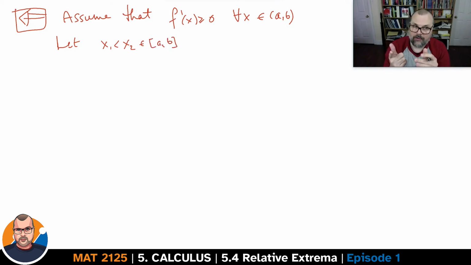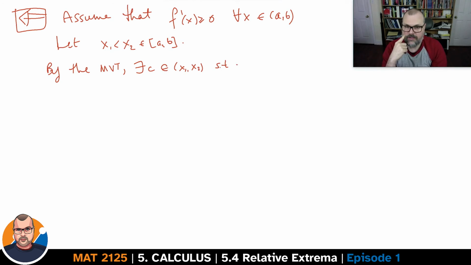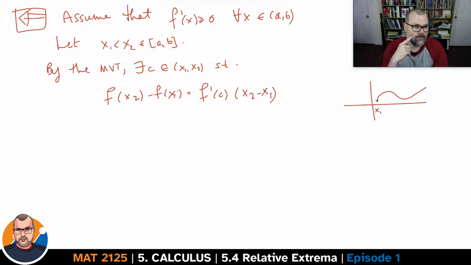By the mean value theorem, you can find a point c between x1 and x2, such that f at x2 minus f at x1 is equal to f prime at c times (x2 minus x1). Mind you what this said. This is x1, this is x2. The function is differentiable. There's got to be some point c where the tangent line